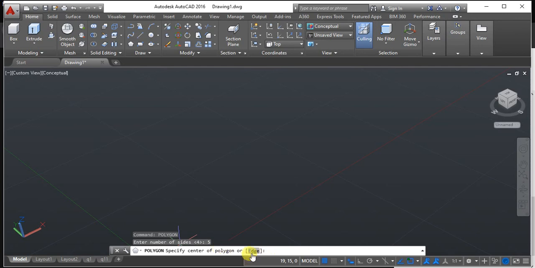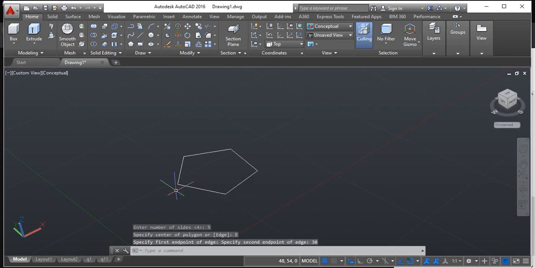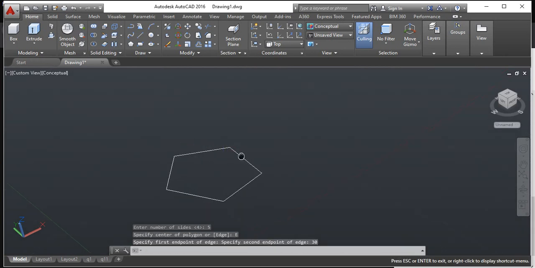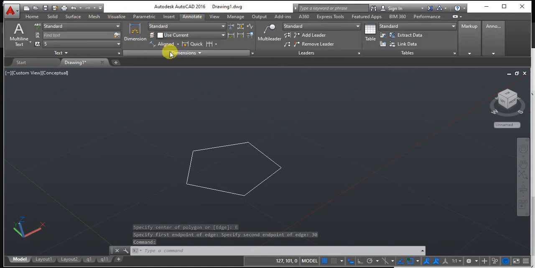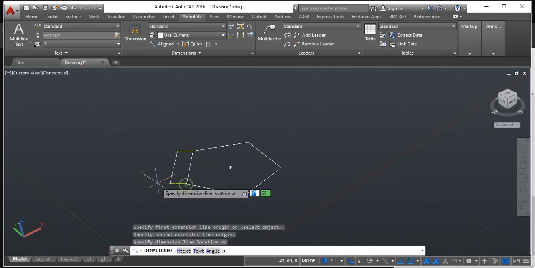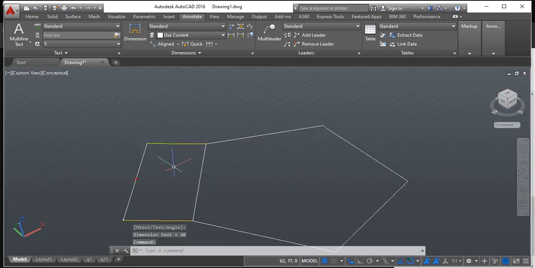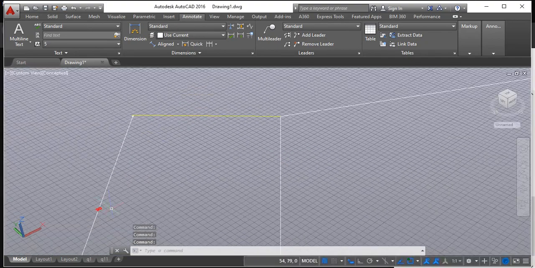So I'm just selecting edge. One edge I'm just drawing, let us say 30 mm as edge, or the side length. Here the side length is 30 mm. You can just have a look. Since I have reduced the annotation level, it has gone to a very low level. Okay, so this is 30 mm.